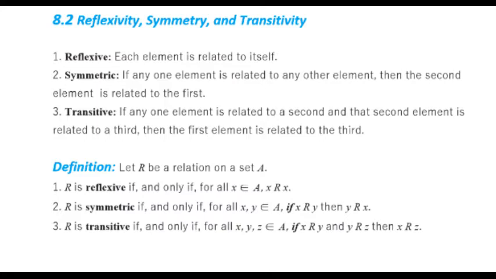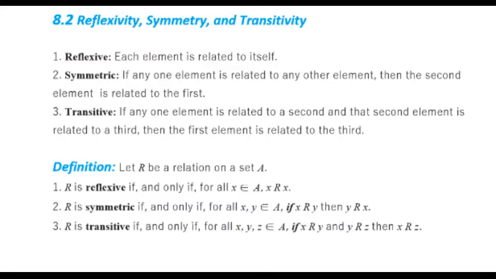Now let's focus on the symmetric property. We say a relation R is symmetric if and only if for every x and y belonging to set A, if x is related to y, then y is related to x. That's called the symmetric property. In other words, if any element is related to any other element, then the second element is related to the first. In the third property, which is transitivity, we basically say R is transitive if and only if